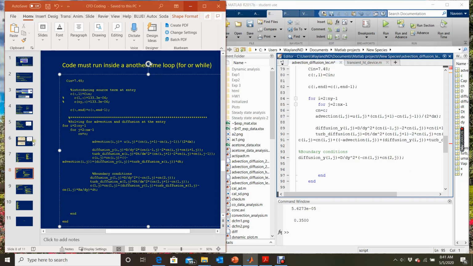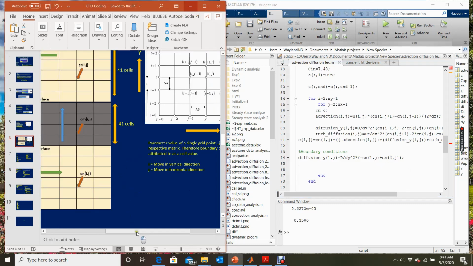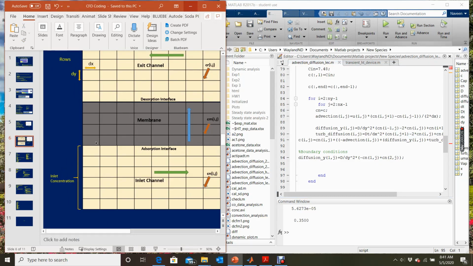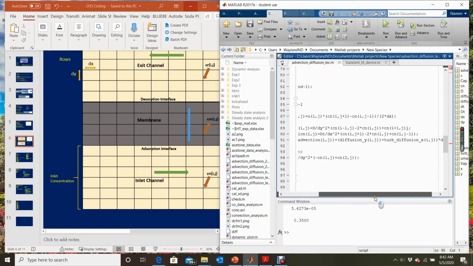So the diffusion gradient between this node and this node, we know it is dy. Otherwise, if we were taking this one and this one, it would be 2 dy square. But because we are taking only these two, it's going to be dy square. Okay,